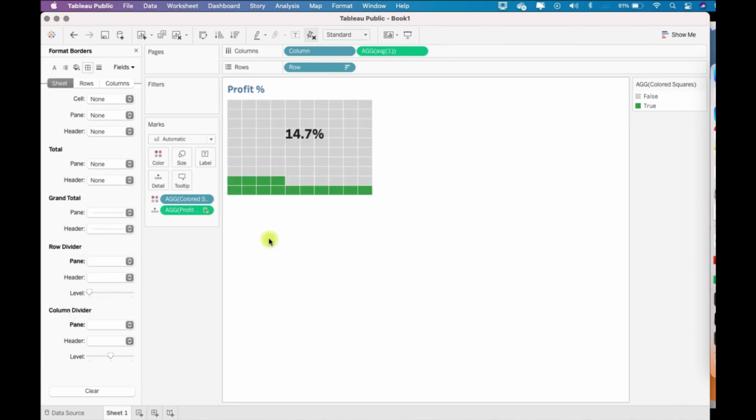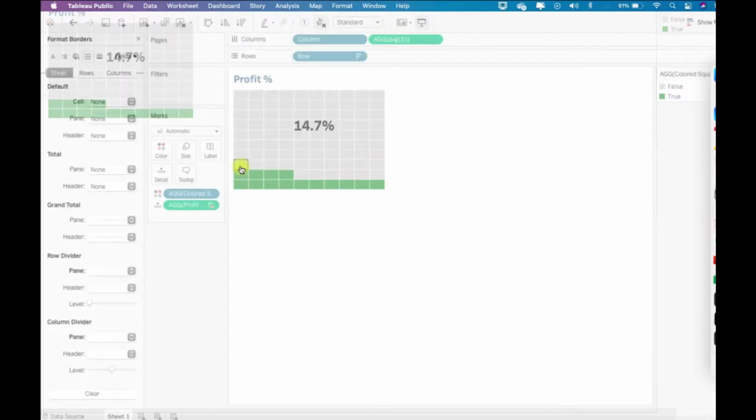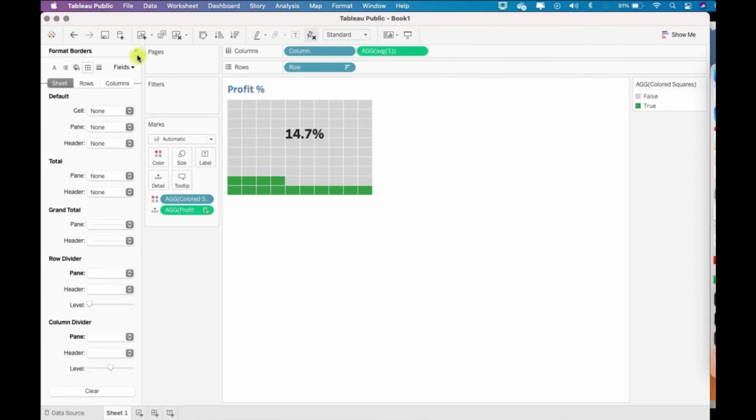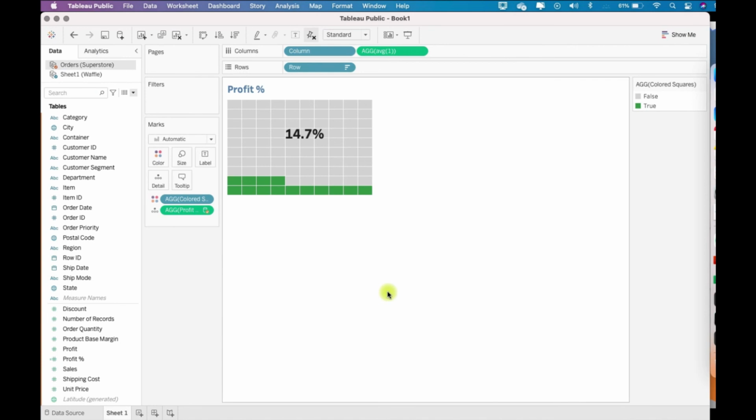Now you see a nice waffle chart over here, which represents the profit percentage KPI for the entire table. Similarly, you can create other waffle charts for, say, each region or maybe each department, and then bring all the waffle charts into one dashboard representing the important KPIs. So this is a good way to represent your KPI in a waffle chart.